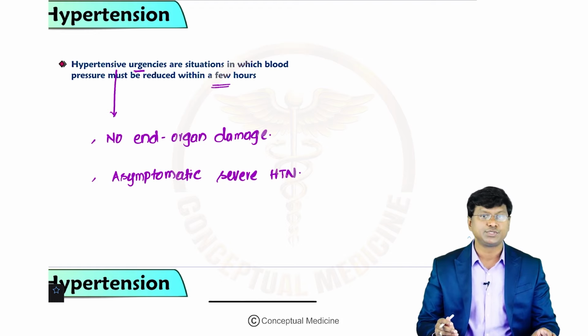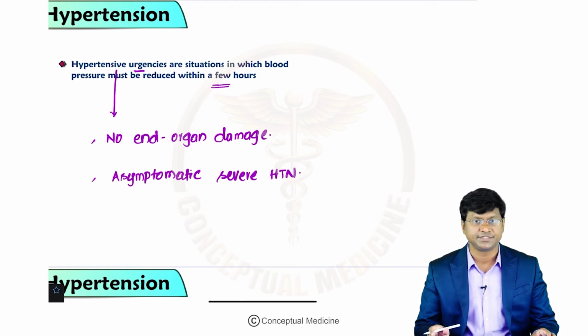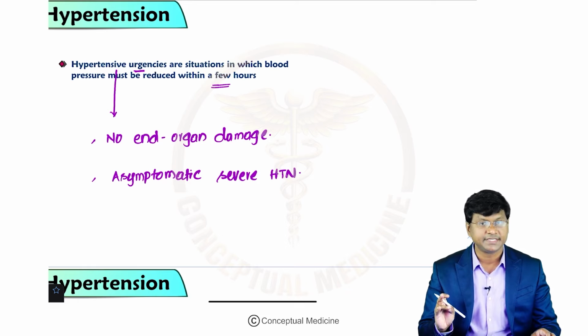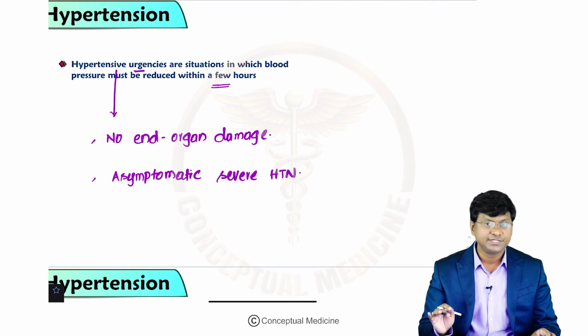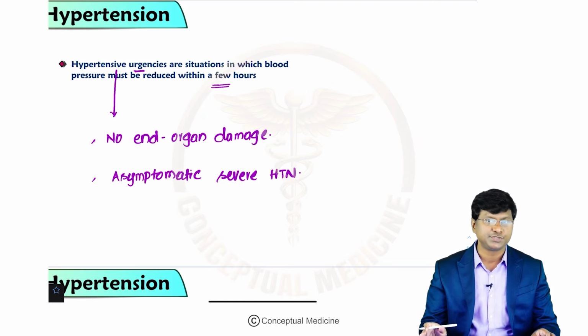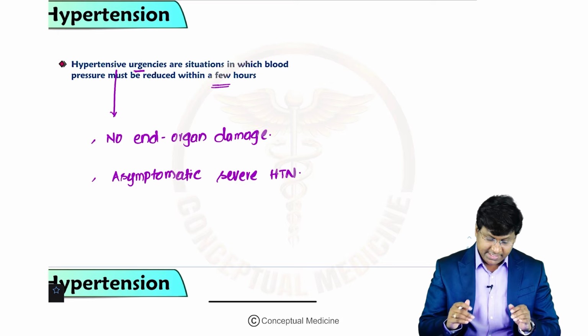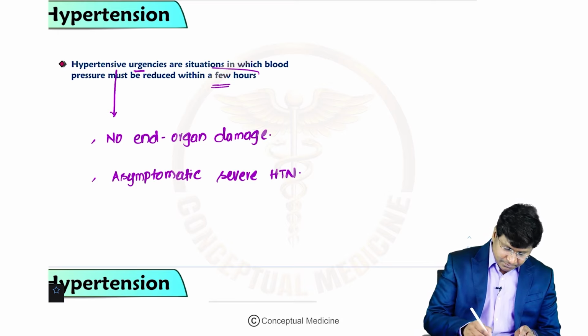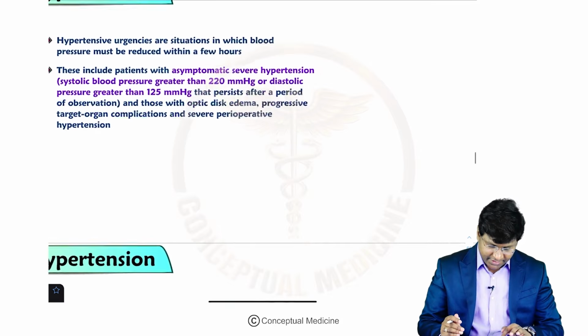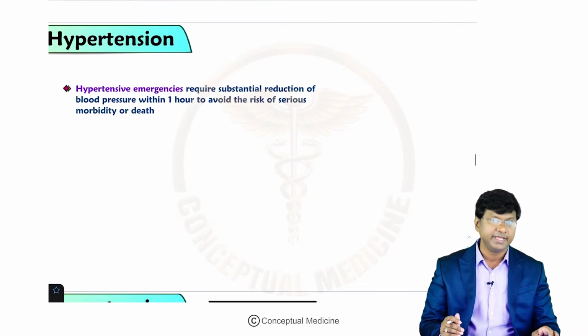Right, so they are the individuals with asymptomatic severe hypertension, and there is no end organ damage, in the sense there is no hypertensive encephalopathy, there is no hypertensive retinopathy, there is no hypertensive nephropathy, and there is no hypertensive heart failure. So target organ damage will not be there in these patients with hypertensive urgency, and that is the reason why the blood pressure can be reduced within a few hours, whereas in the case of the hypertensive emergencies,